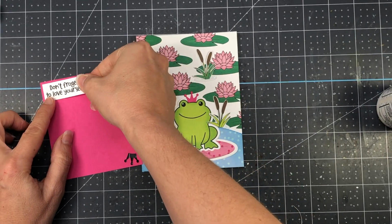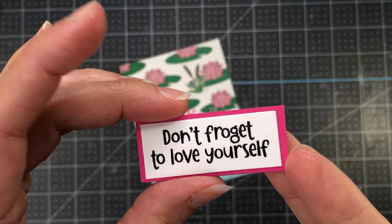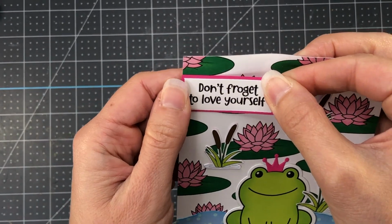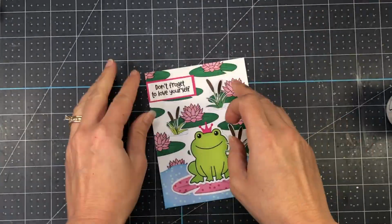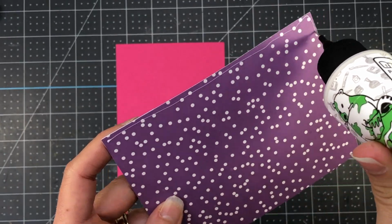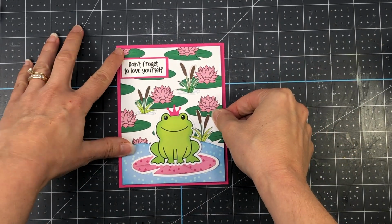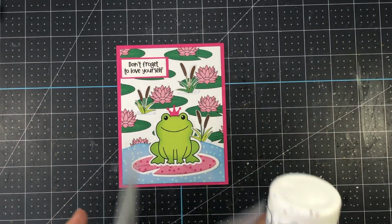I think that also adds some more depth to your card. I stamped out the sentiment, "Don't forget to love yourself," and I cut it out with my scissors, and then I backed it up on some guava cardstock, and I'll add it to the card so that it's flush with the left side of the card, and then I'll add that layer to a piece of the guava cardstock that I cut to 4 1/4 by 5 1/2 inches, and then I will add that to an A2 size card